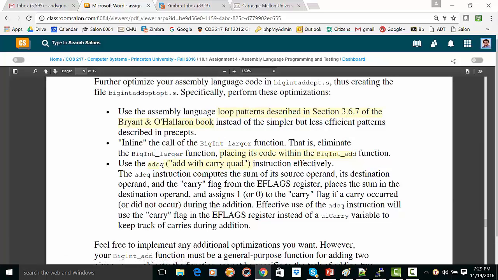And then inline, meaning that without having to call the function you can put that inside the code. In fact, this also will improve your performance a lot. Inlining will improve somewhat, but your real improvements will come from cleverly integrating the add CQ instruction. So this is the end of the